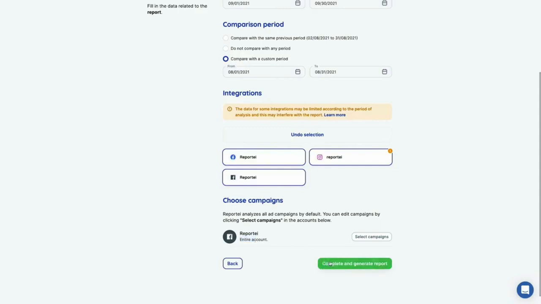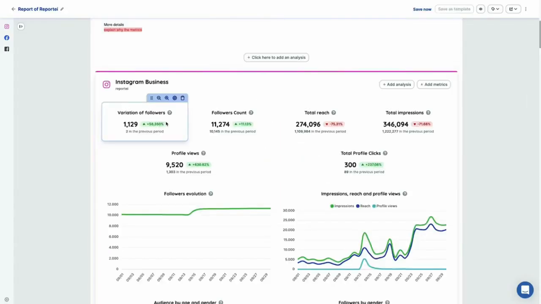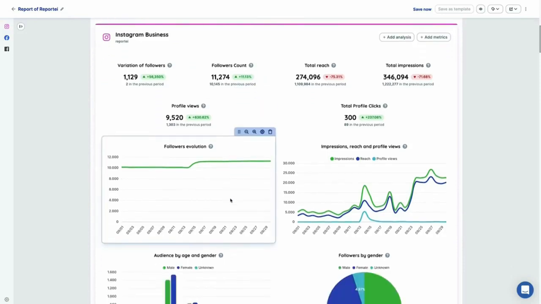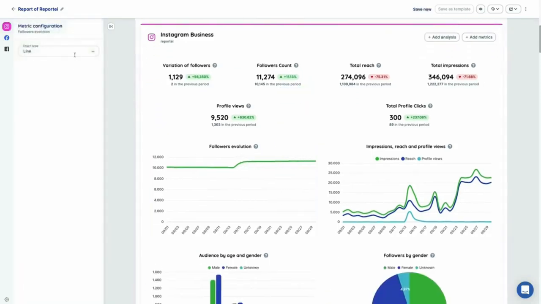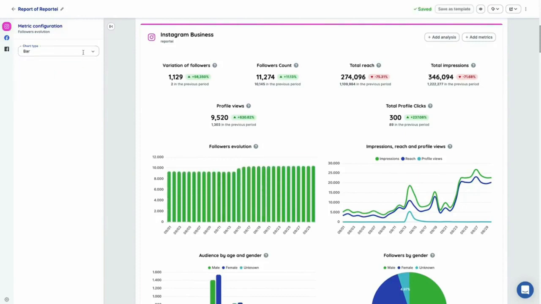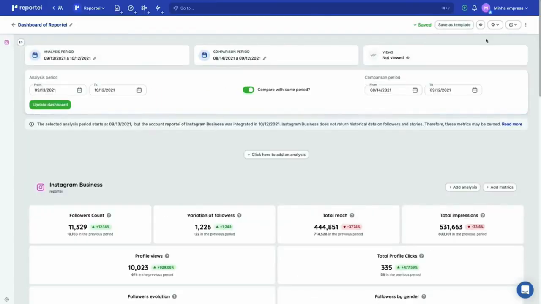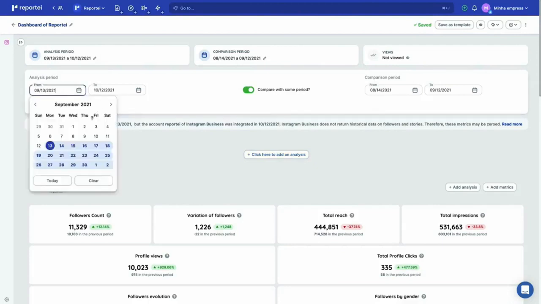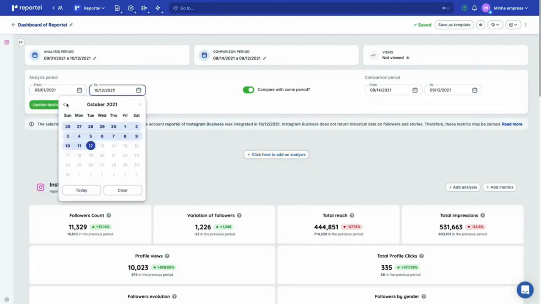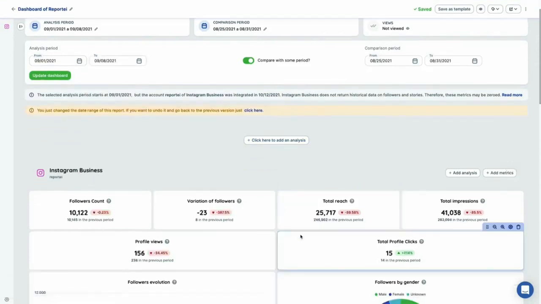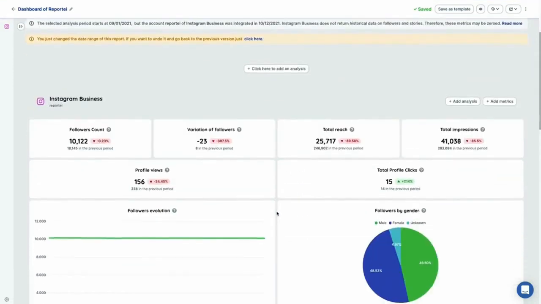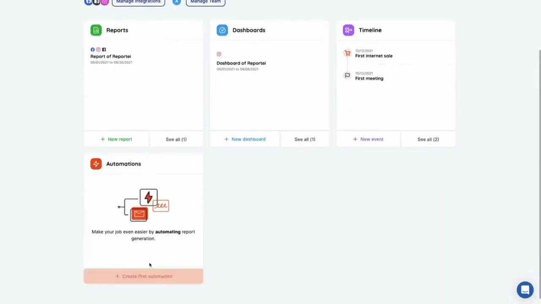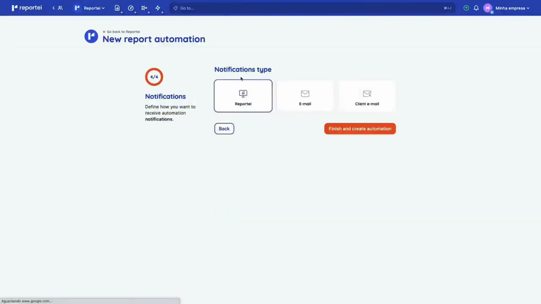Reportee lets you quickly generate and analyze reports and dashboards across all your digital marketing channels. You can connect your digital marketing channels to Reportee to save time collecting and analyzing all the data that powers your business. In just a few clicks, Reportee lets you generate detailed reports and dashboards to present to your team and clients. You can create templates packed with the most important materials for your marketing strategy, which can also be reused for other projects. That way you will have more time to focus on expanding your customer base and improving the quality of your service, right? So I will show you how you can do all these things. So for that, we will go to my Reportee dashboard.